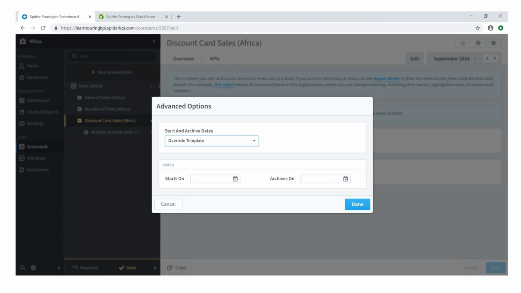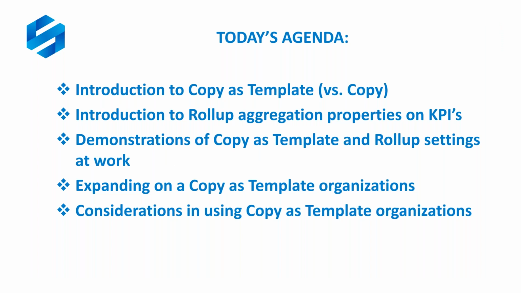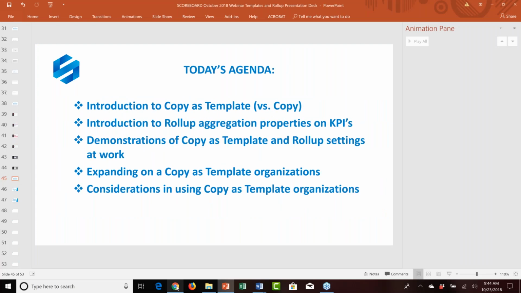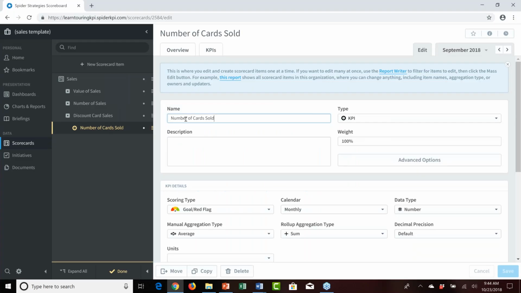But you can't make wholesale fundamental changes to this generic item beyond the start and archive dates. So real quick, let me just give you a sense of that by showing you live, very quickly. It really doesn't matter where I go. Right now I'm looking at a sales template. Let's jump into that newly created Europe copy as template